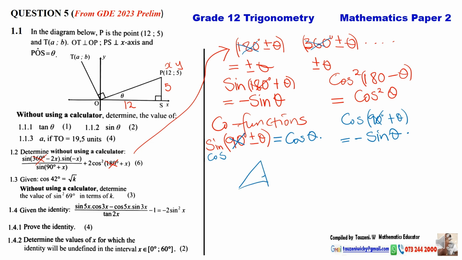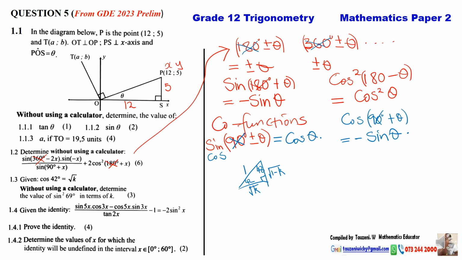Draw a 90-degree triangle, then put 42 degrees in one angle. Since the angles in a triangle must add up to 180, the other one must have 48 degrees. Then this is cos. Cos is adjacent over hypotenuse. It means that the adjacent for 42 degrees is root k, and the hypotenuse is 1. Then we calculate the third side using the theorem of Pythagoras. So once we make a triangle like this, we have more information that we can use to answer question number